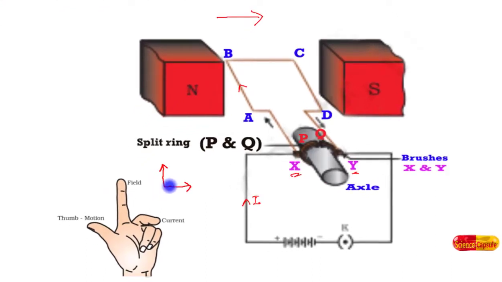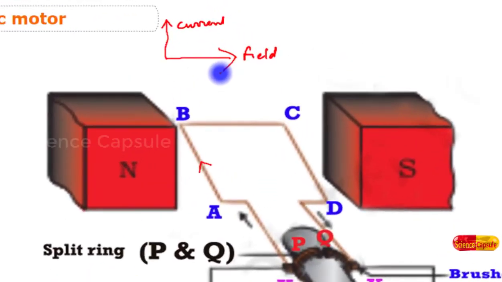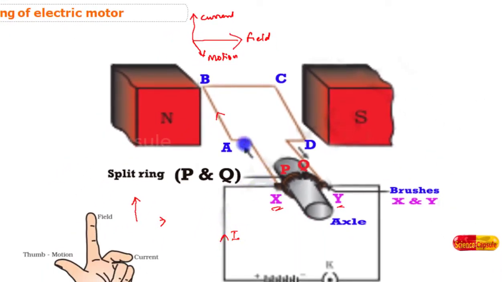Now what will be the direction of motion of the coil? If you extend, try yourself, when you extend this way, then naturally the third finger, that is the thumb, will point towards the downward direction, which means here is the direction of electric current and this is the direction of magnetic field. If you align your three fingers, then the third finger will point towards the downward direction. This will be the motion. If we make such an arrangement, on supplying electric current, when the electric current flows through the coil at arm AB, then the direction of motion of the coil will be downward, right?